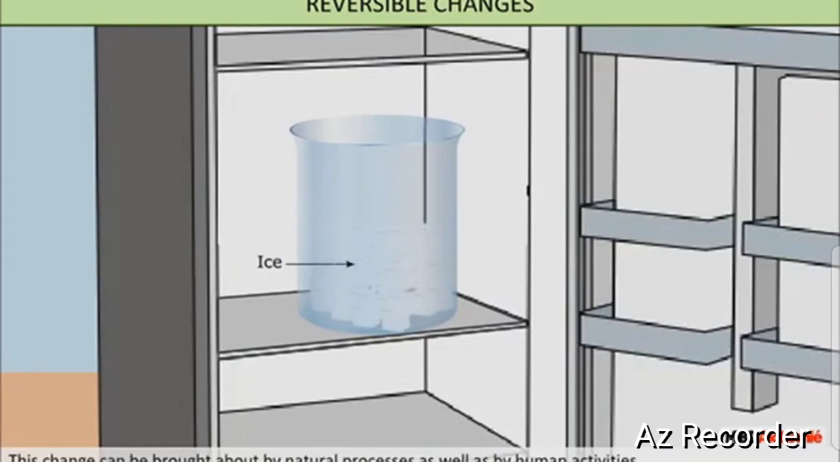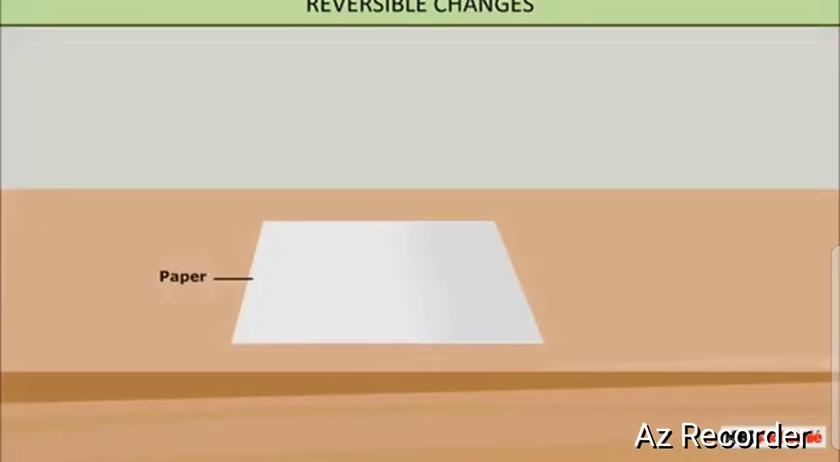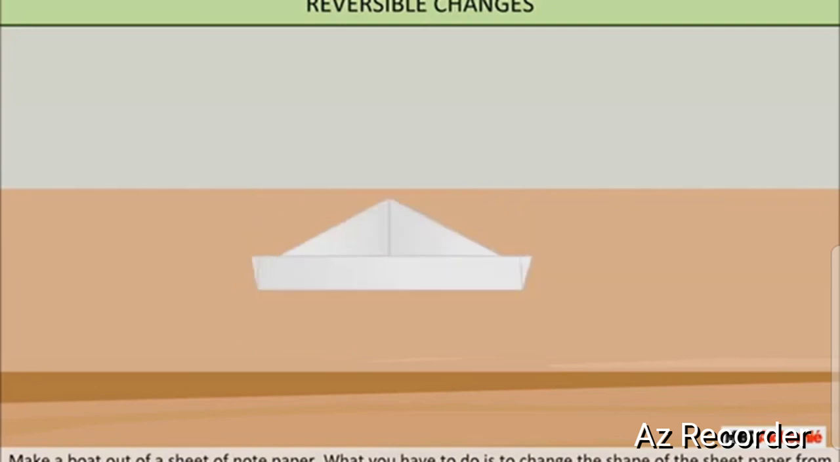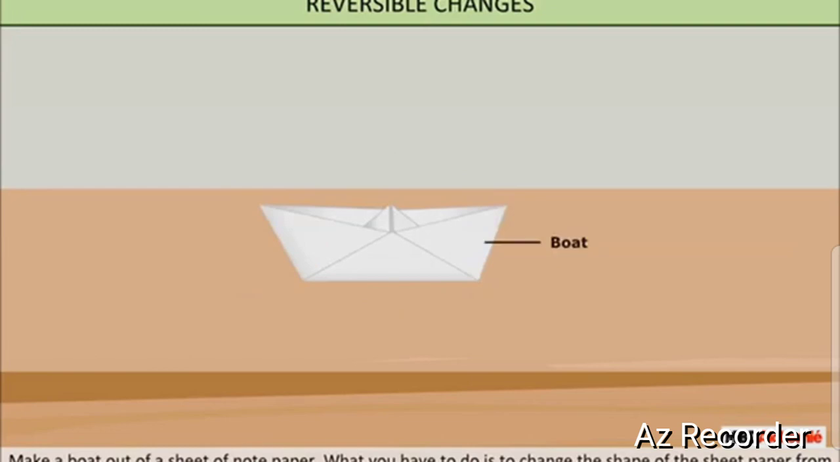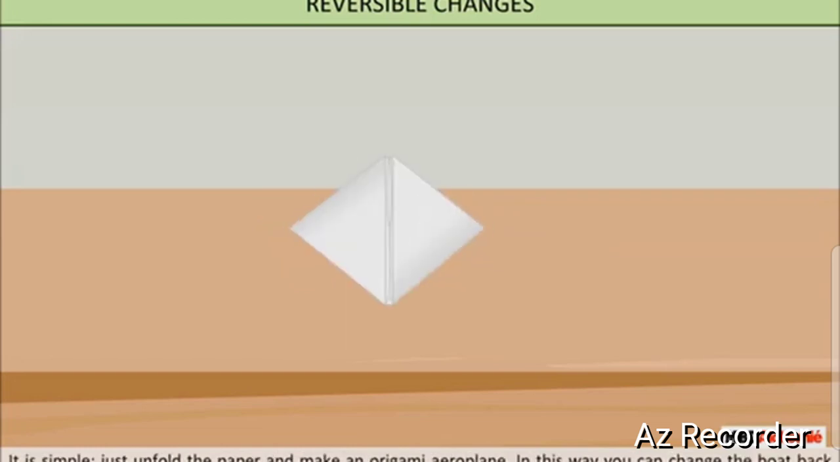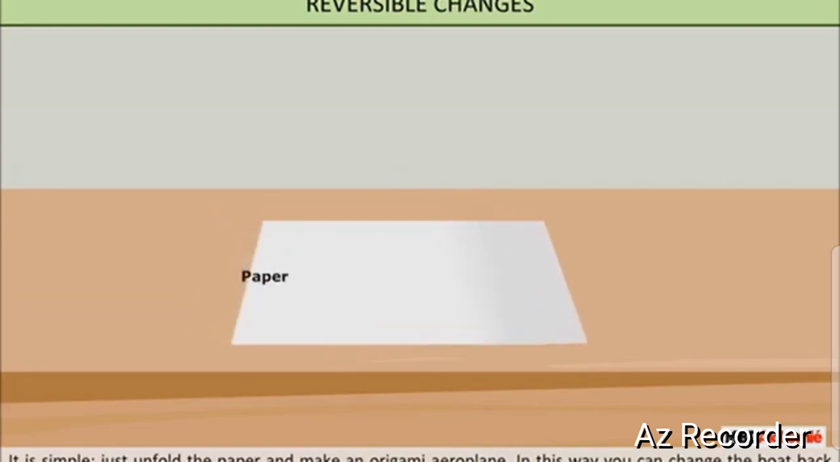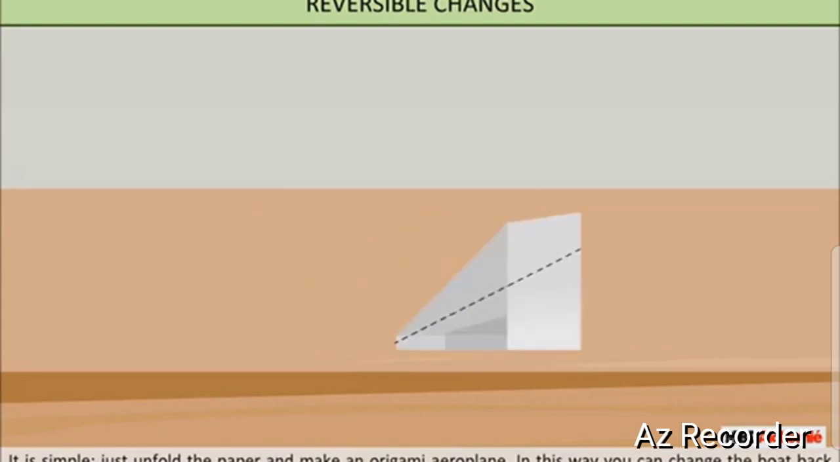Reversible changes. Make a boat from a sheet of paper. What you have to do is change the shape of the sheet of paper from a simple rectangle into a boat-like shape. Now you want to make something else from the same sheet of paper. How can you do so? It is simple. Just unfold the paper and make an origami aeroplane. In this way, you can change the boat back into a sheet of paper and then use it to make